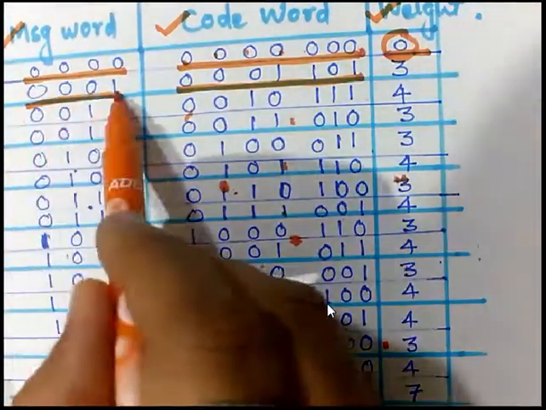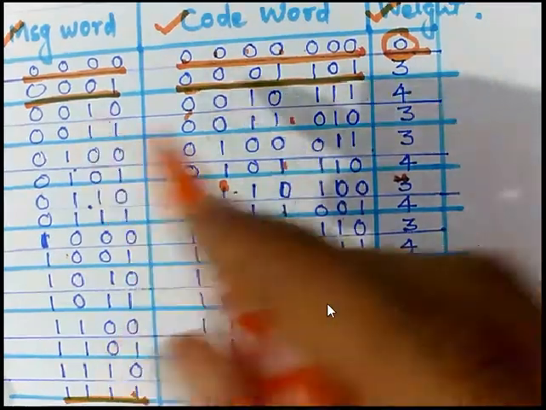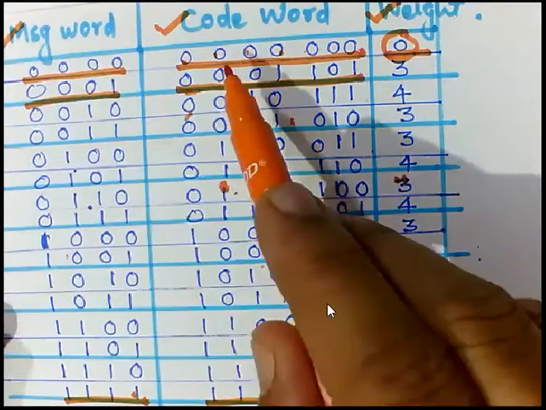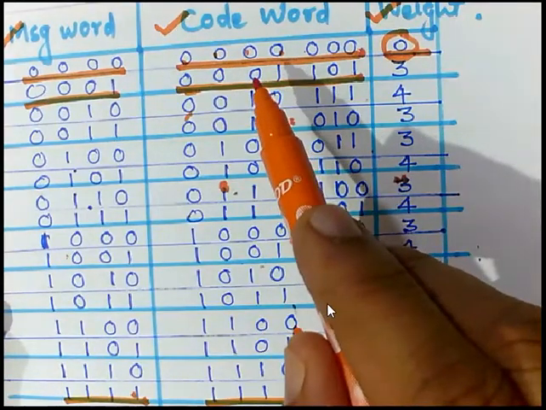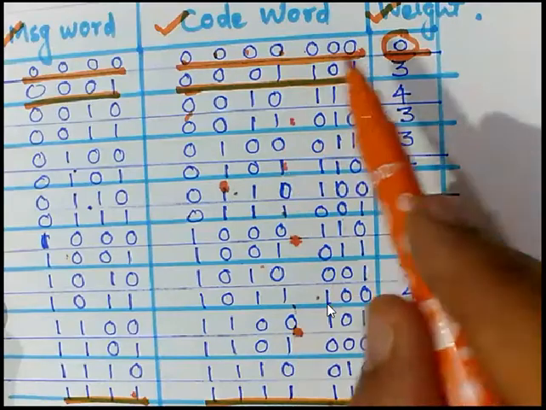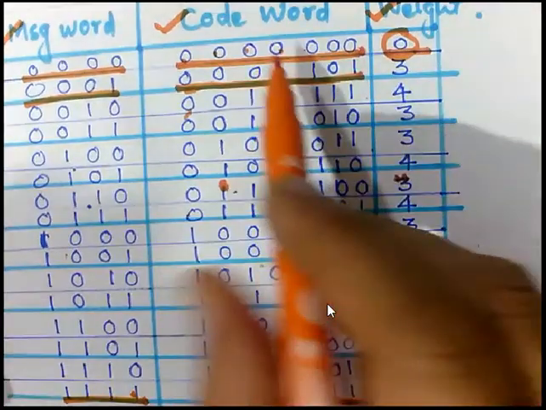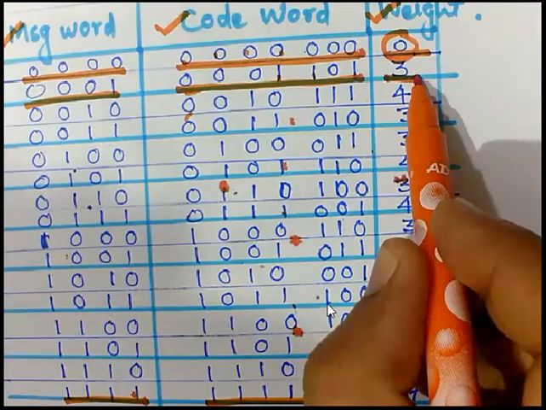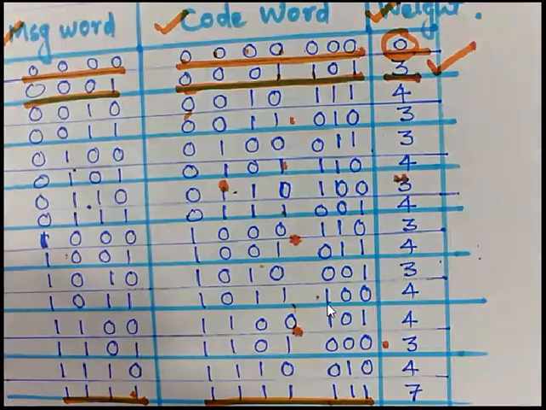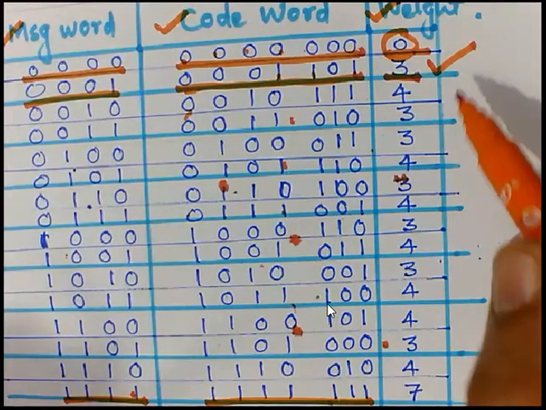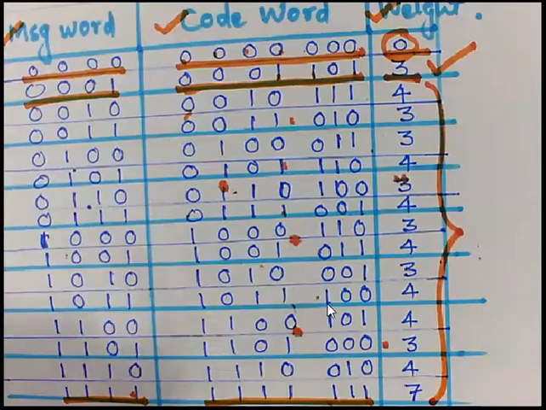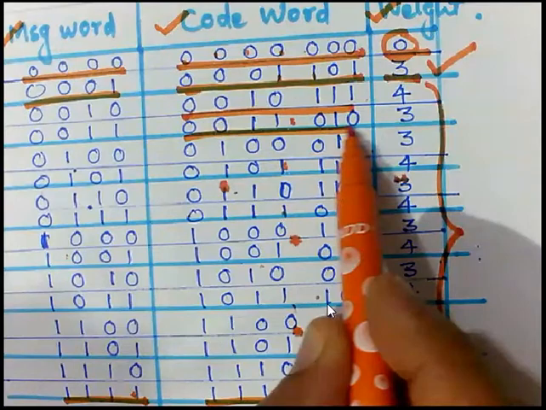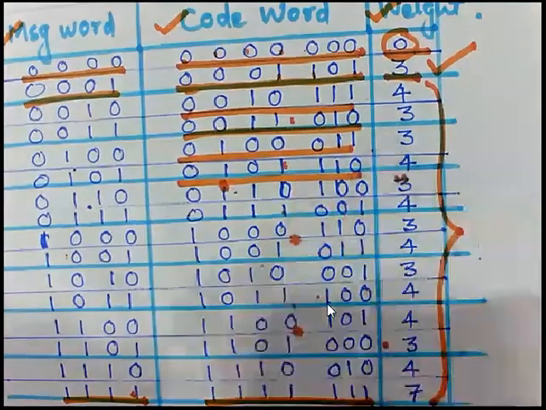Out of these 7 bits, the first 4 bits will be as they are, because if you cross check, you will get the same value. This indicates that this is a systematic LBC. In the second code word, 1, 2, 3, a total of 3 non-zero values are present, so we have written the weight as 3. Like this, all these weights are provided and calculated for each and every code word, which is shown over here. So for each code word we got these values.